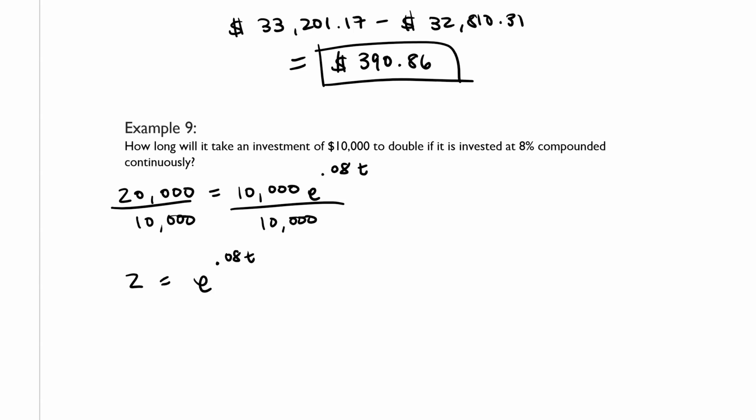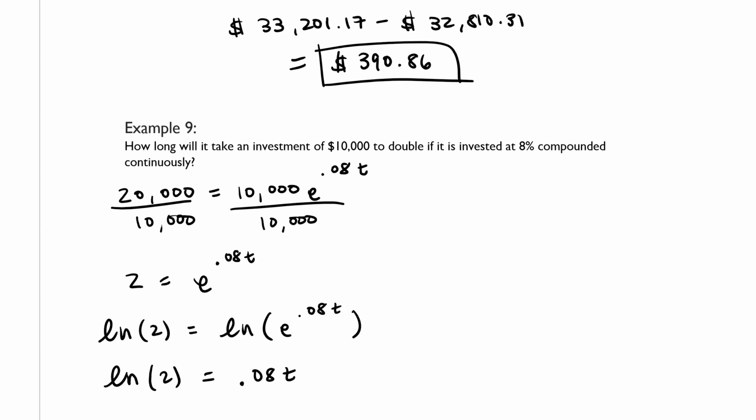0.08t. Now, this is where we're going to have to utilize techniques from last section. We know that the variable that we are solving for is in the exponent. That means that we're going to have to utilize logarithms. I am going to take the natural log of both sides. And the reason that helps us is because we know that the power rule for logarithms allows us to take the exponent on the outside and multiply it